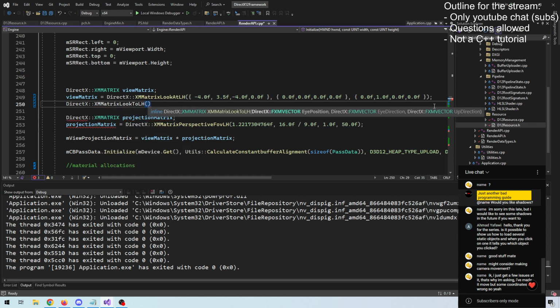Look to, and you specify the camera position, the eye direction, and the up direction. This one is fairly easy to manipulate, since when you use this one instead and you change